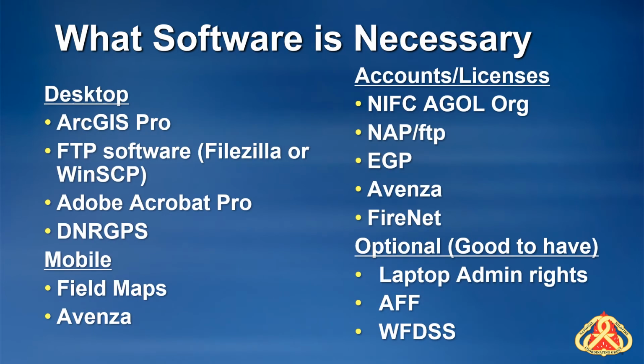Here's a list of potential software applications and accounts you may need. Be sure that the version of ArcGIS Pro you have installed on your laptop is the version approved for this season. You should be prepared to install a different version based on the other GISSs you are working with. If you have a mobile device, you should have field maps and events loaded so you can collect data yourself and/or troubleshoot data collection or licensing issues. You will also need access to several applications and sites, so make sure your usernames and passwords are up to date. If your agency allows, administrator rights on your computer can be very useful as well.